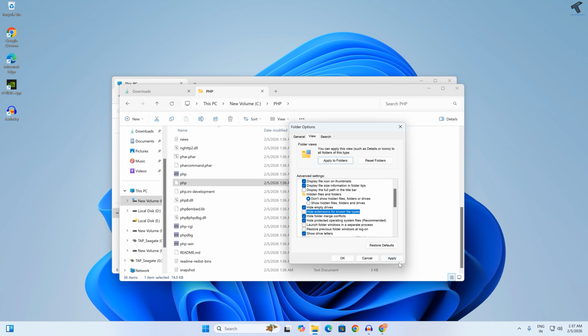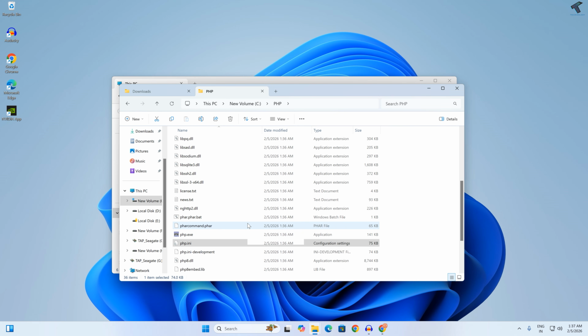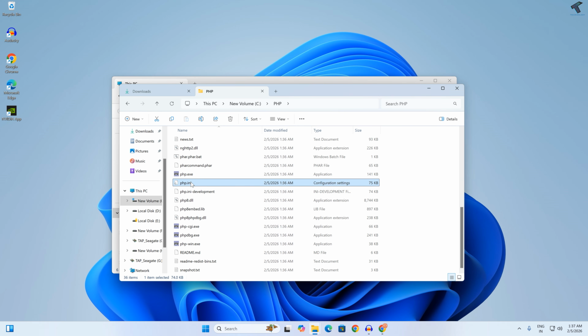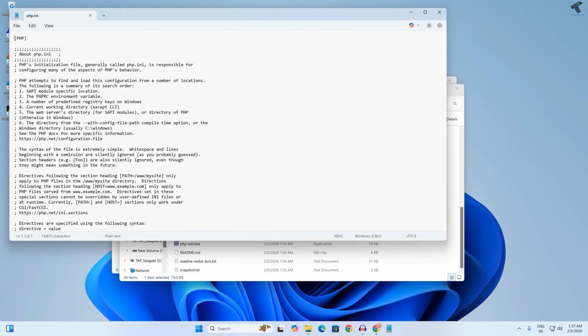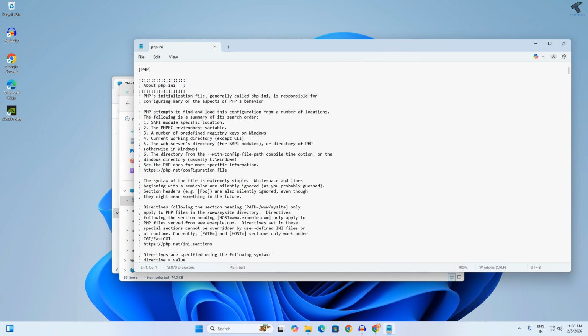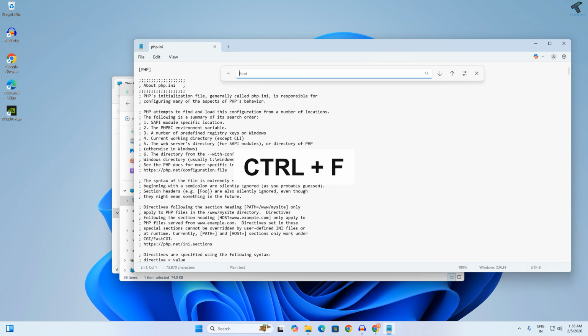Simply uncheck this option and click on apply, then okay. As you can see, now the extension is showing, and now .ini is visible. So now what you have to do is simply edit that php.ini file. Right click and click on edit in Notepad, and after that press Ctrl+F to find, or else